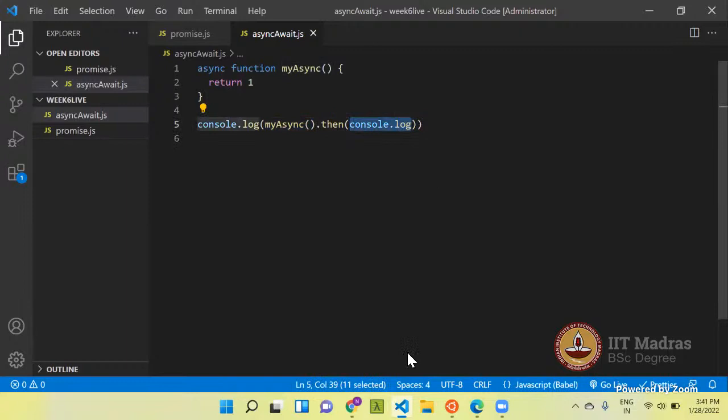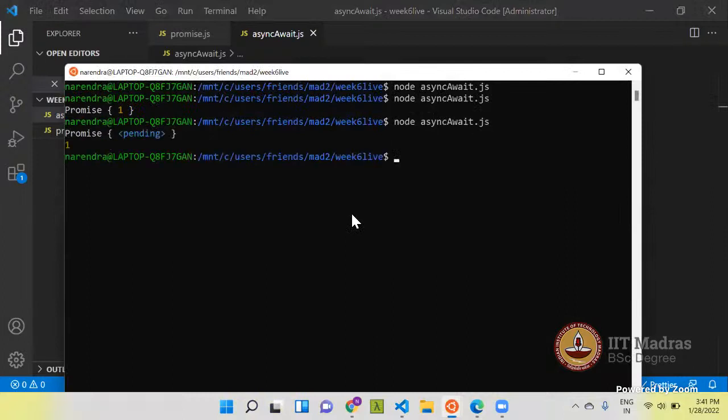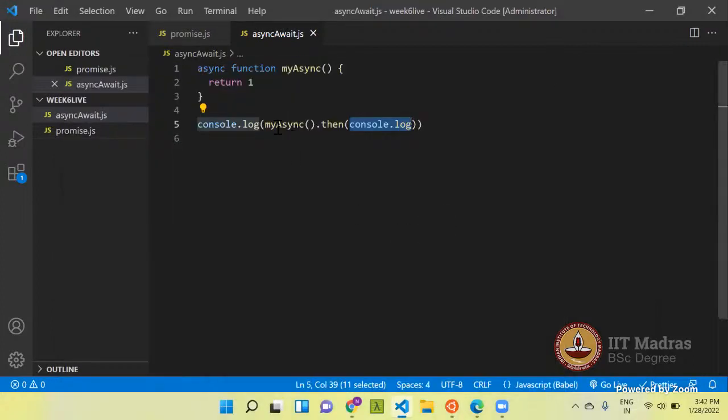So it should print 1. Now you can understand the async function also creates a promise.